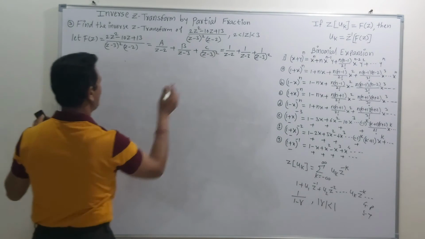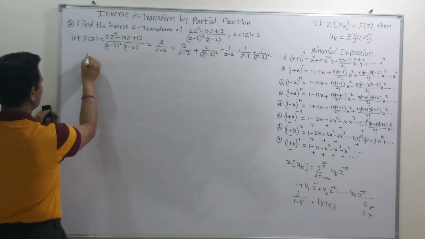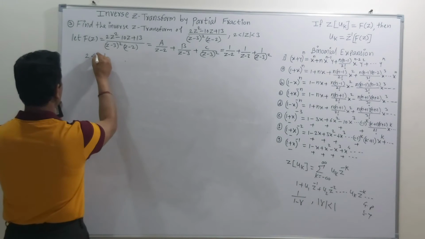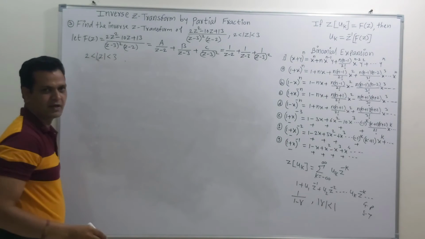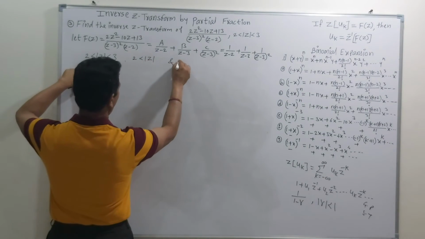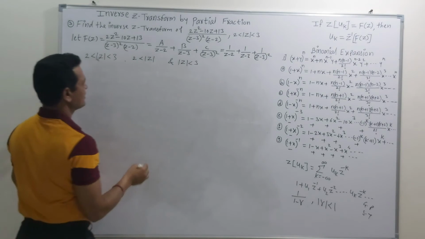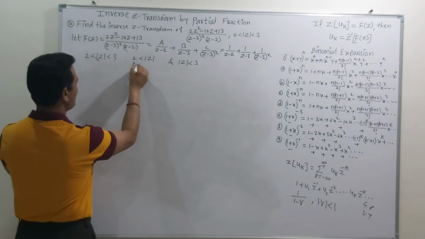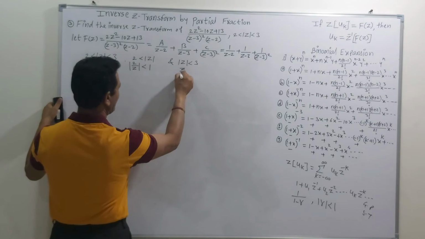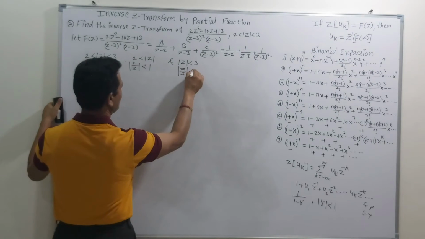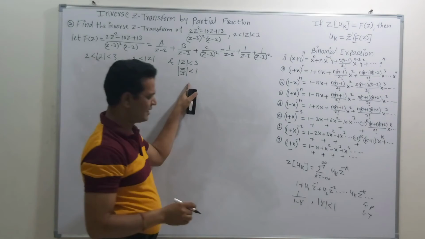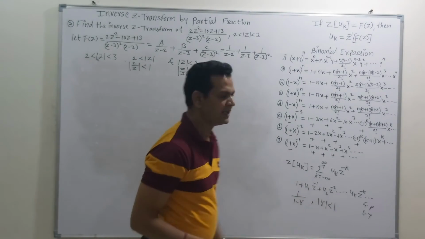So now friends, we can write the region of convergence as 2 is less than mod of z, less than 3. If we try to simplify this, 2 is less than mod of z and mod of z is less than 3. So we can write this as 2 upon z is less than 1, and from the other term we get mod of z upon 3 is less than 1. So this is the region of convergence for which mod of r is less than 1.